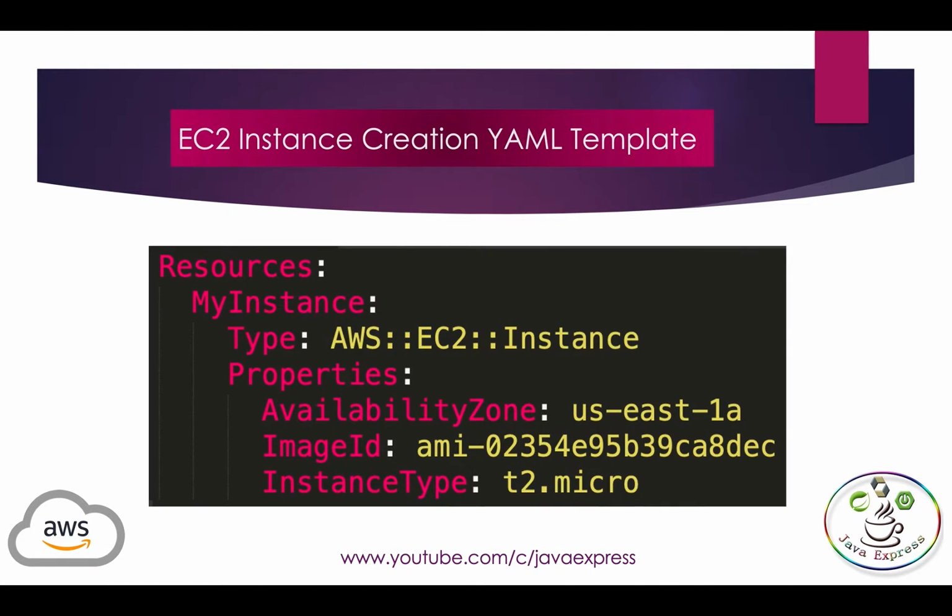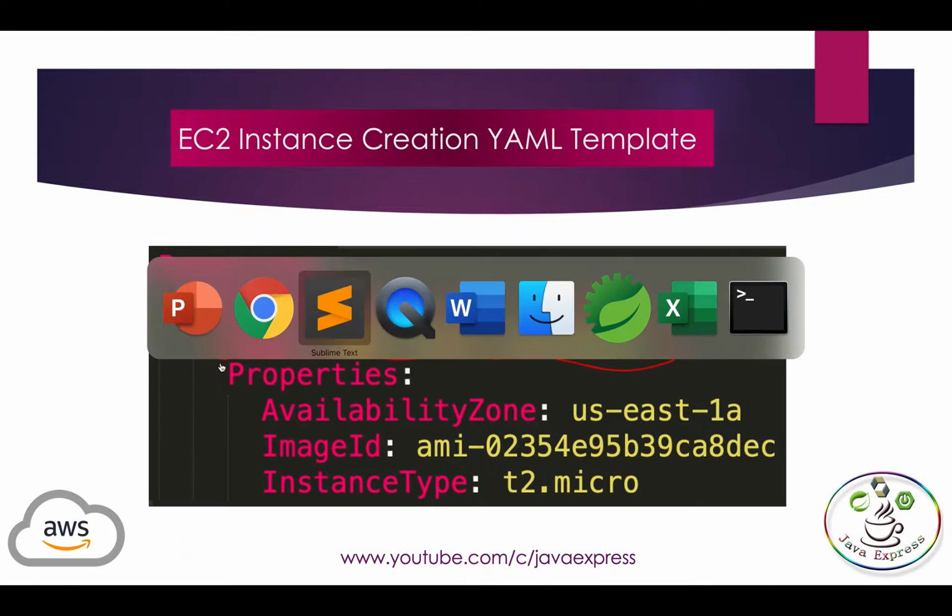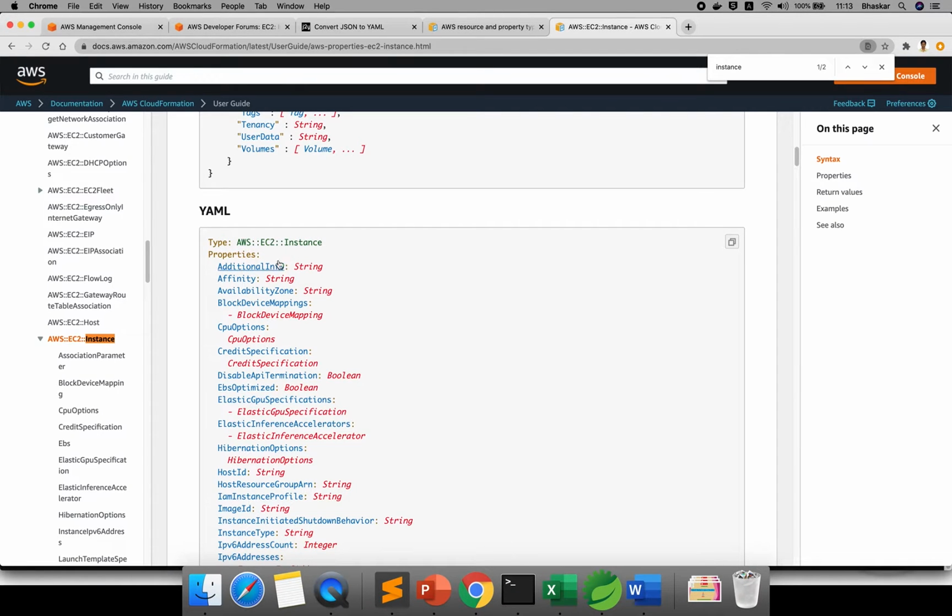If you see here, this is my template for EC2. By using this template, you can run in any availability zone based on your image ID also. If you want to design this template, you need not depend on any website or articles apart from the AWS documentation. Just now I showed this is the type: the service provider, the service name, your data type. So where will you get this type from? Let me open it. You get the type from here only. I hope you are clear.